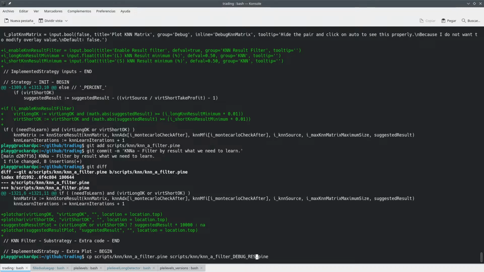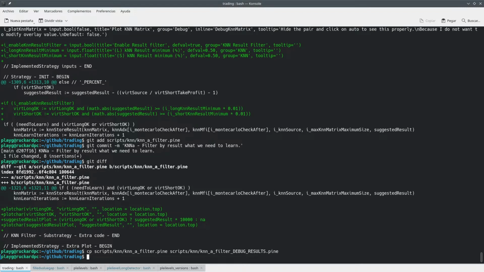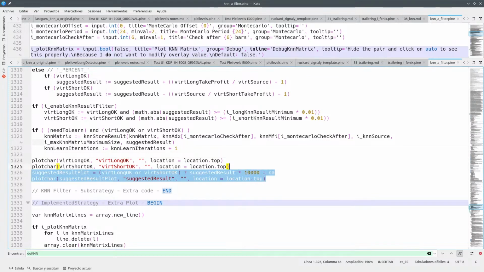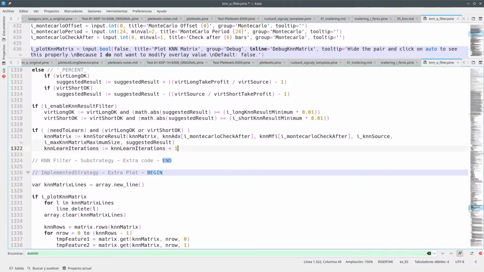So this is debug results. Okay, so all of this we remove because we no longer need to debug this. However, I'm going to do something that is useful,